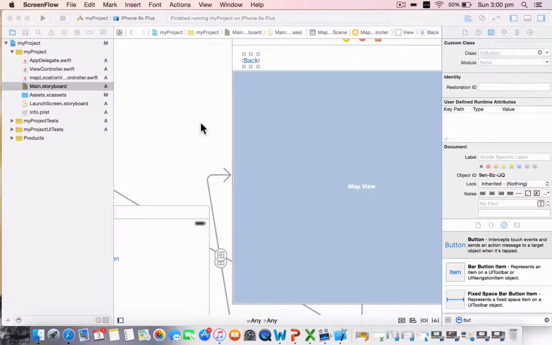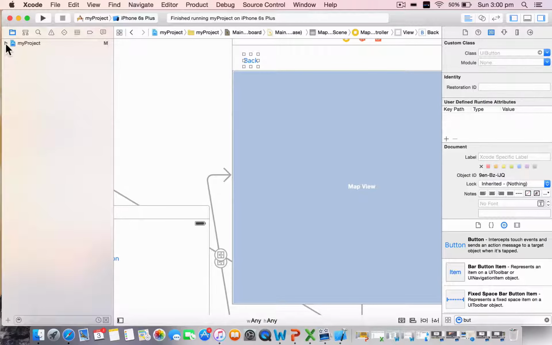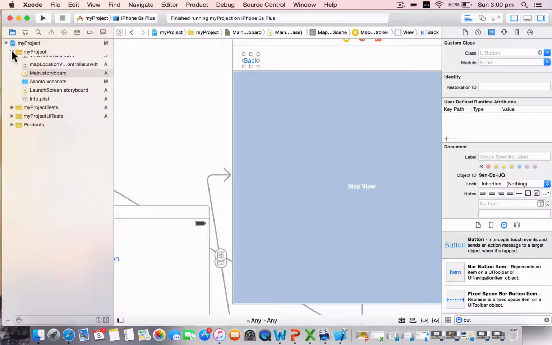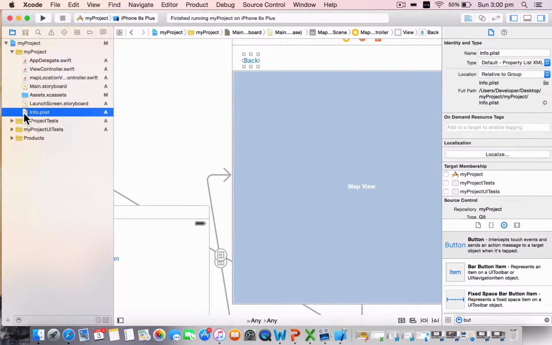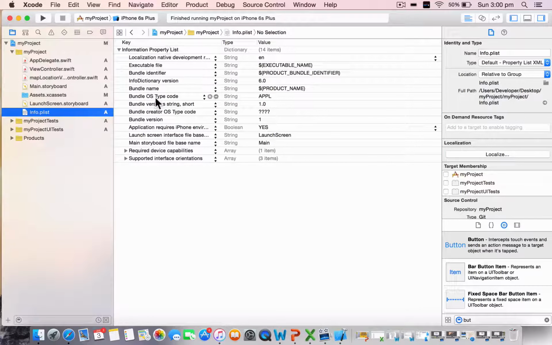Okay, now this won't work just yet. We have to add in a few lines of code because Apple has made sure that you can't just access the GPS of the phone without the user's permission. So we need to be able to ask the user whether they're happy for us to access their GPS location. To do that, we want to open up my project down here where you've got all the view controllers. You'll see down the bottom you've got this thing called info.plist. If you click on that, it comes up with a whole lot of